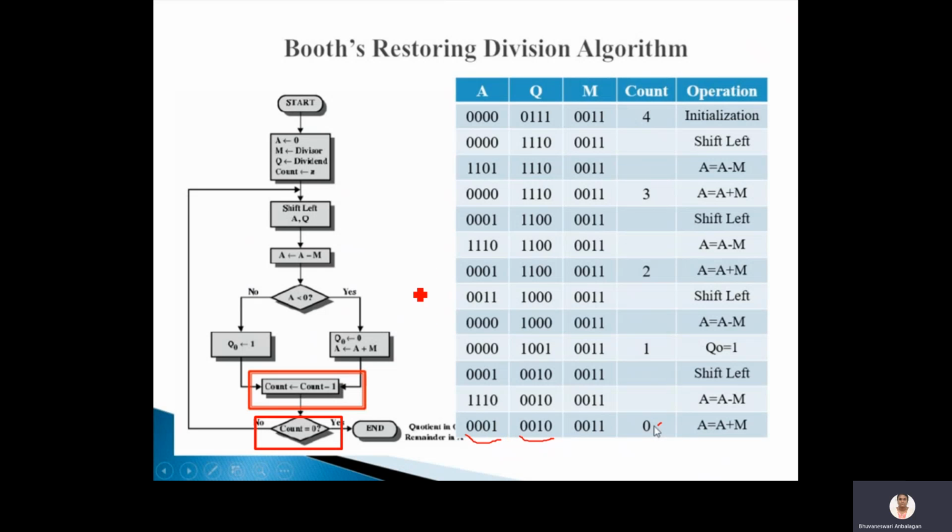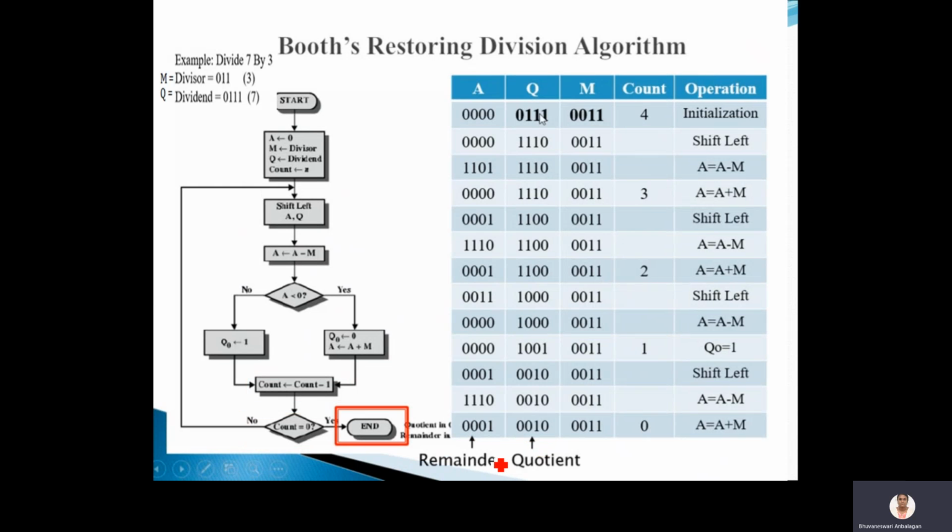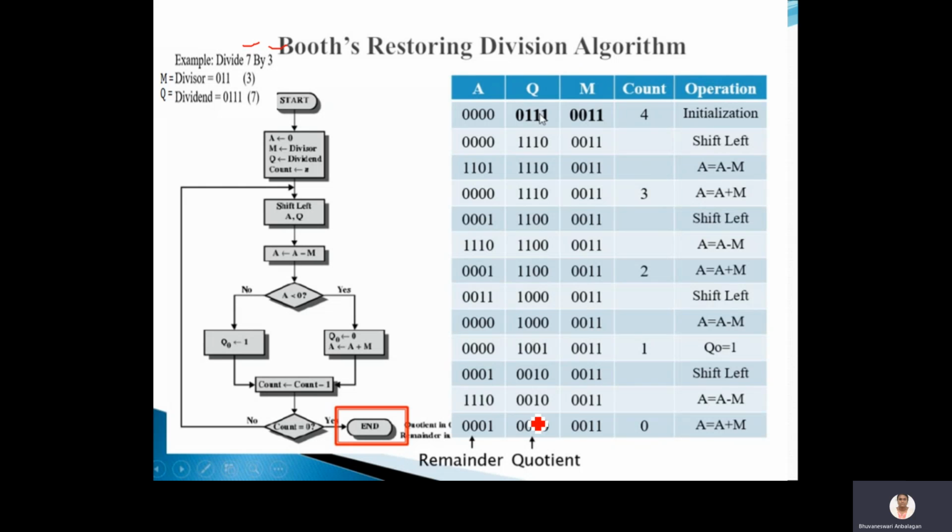So what is 7 divided by 3? The quotient is going to be 2 here and the remainder is going to be 1 here. So this is how a simple restoring division algorithm will work. Okay. So we have given the values as 7 and 3. The remainder is going to be 1, which is available in the binary format. The quotient is going to be 2, which is available here in the binary format. Okay. So this is what you will follow to perform a division operation using the restoring division algorithm. Okay. Thank you, students.